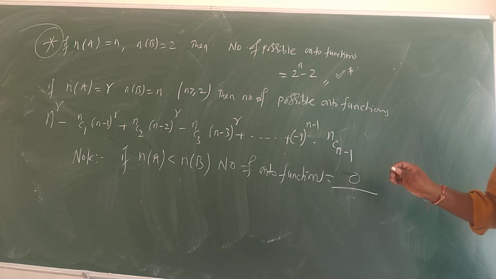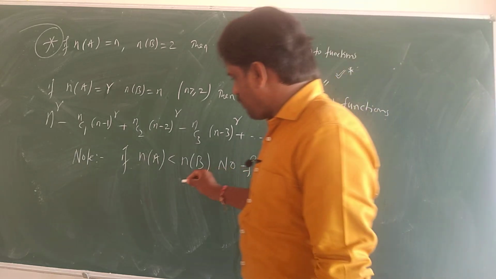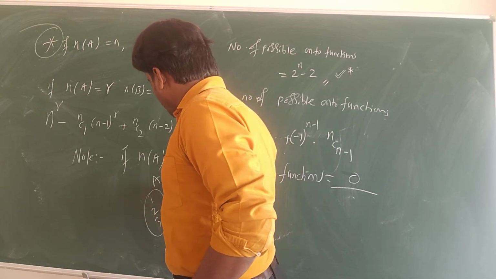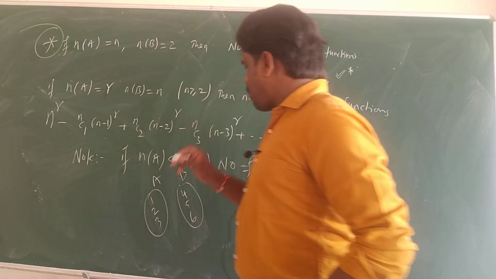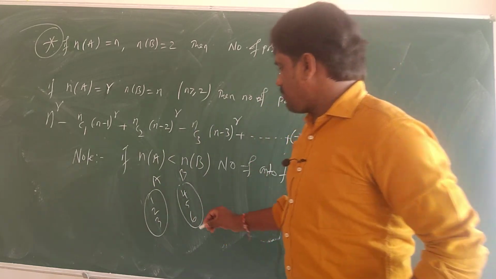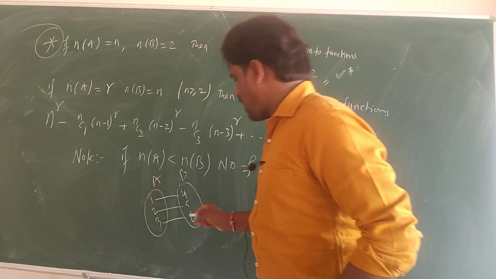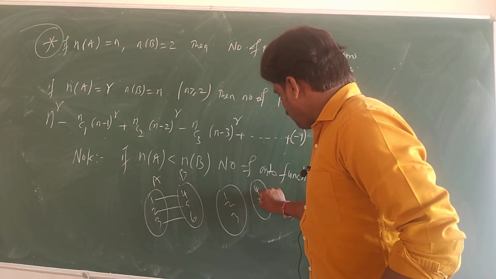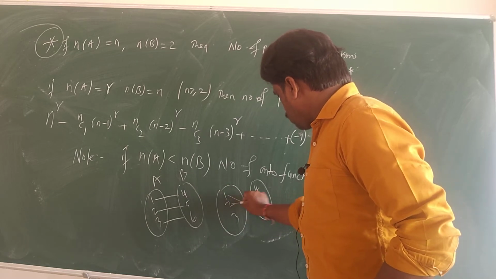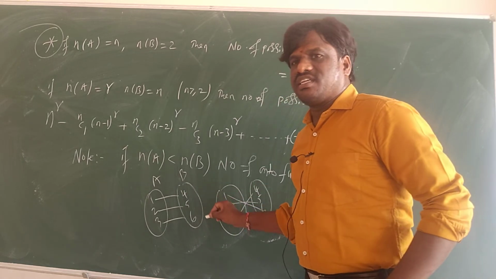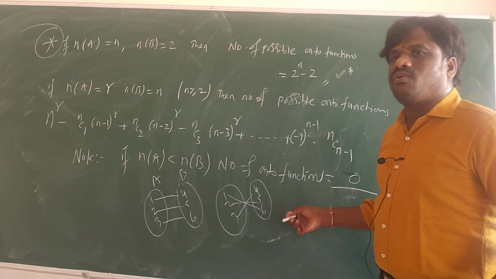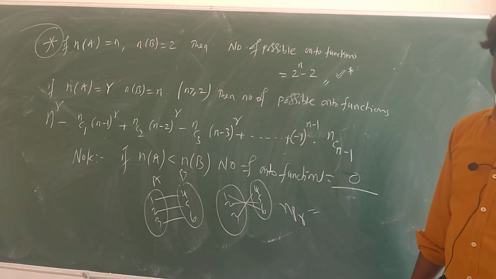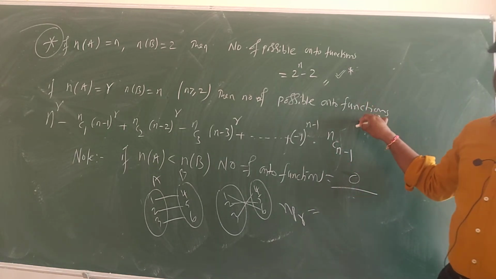Are you understanding this? Suppose, like for 1-1 functions, what is the formula? Suppose you have A and B with elements 1, 2, 3, 4, 5, 6. So from A to B, how many 1-1 functions happen? Like I can do 1 to 4, 2 to 5, 3 to 6. Like 1-1 function, this is one way. Or I can write 1 to 1, 2 to 2, 3 to 3, or 1 to 6, 2 to 5, 3 to 4. Like this we can make different ones. So for 1-1 functions, what is the formula? nPr. The formula is nPr.